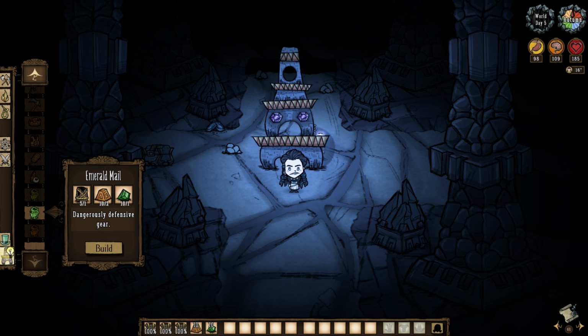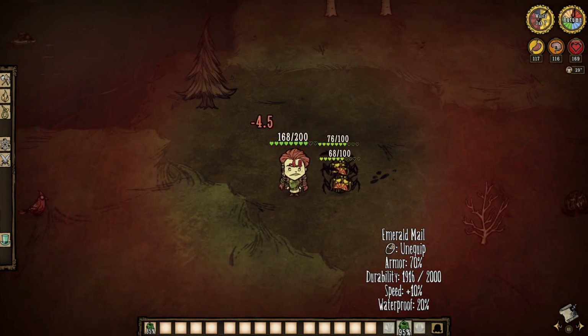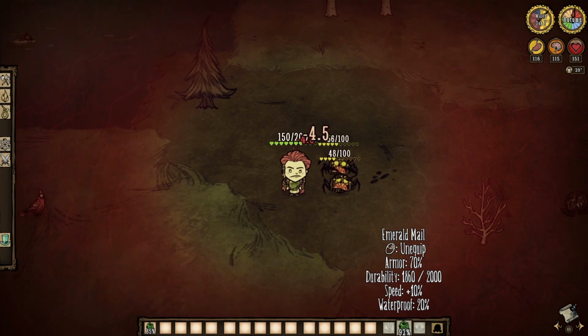Toss together some more wood armor, 2 chunks of thulecite, and 1 green gem for an armor with the same 70% protection as the previous set, yes, the same 2000 durability, yes, an increase to our overall movement speeds at 10%, wetness protection, and oh yeah,